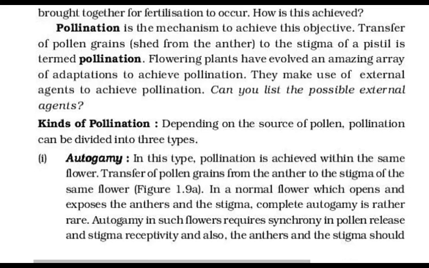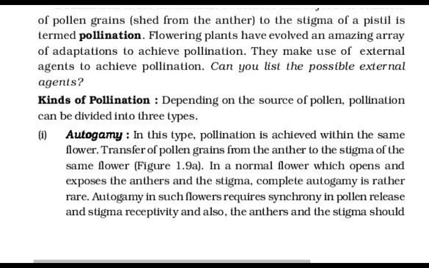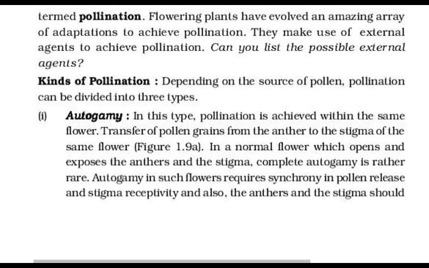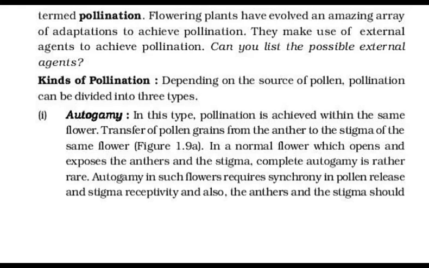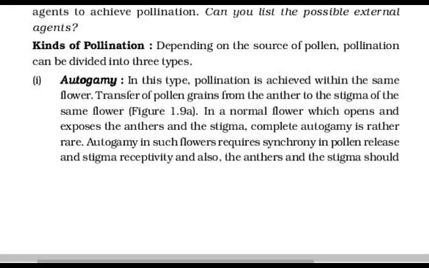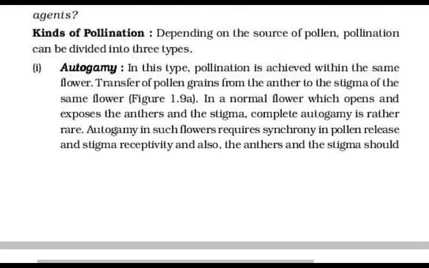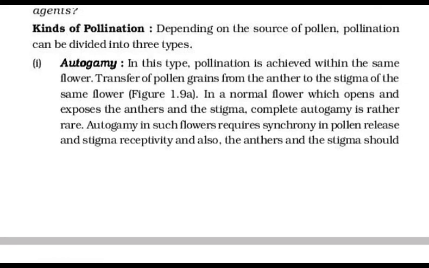What will be the ploidy of the cells of the nucellus, the megaspore mother cell, the functional megaspore and the female gametophyte? Listen carefully. Nucellus is 2n, megaspore mother cell is 2n, functional megaspore is n, that is haploid, and female gametophyte is n, that is haploid. Nucellus is diploid, megaspore mother cell is also 2n, that is diploid. Functional megaspore is n and female gametophyte is also n. Is the question clear? It can definitely come.